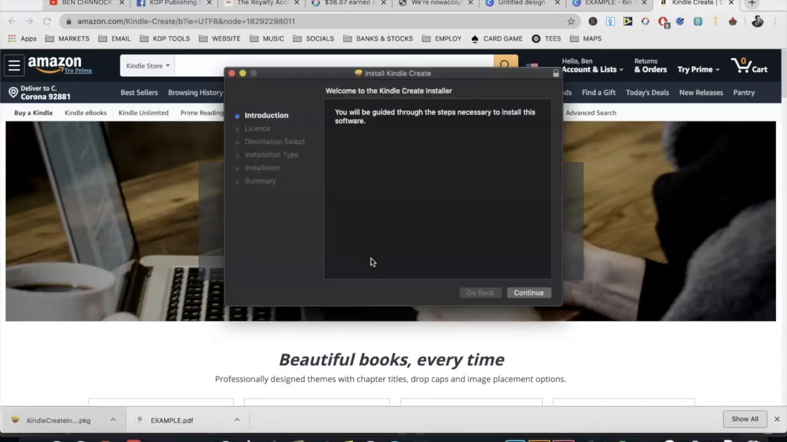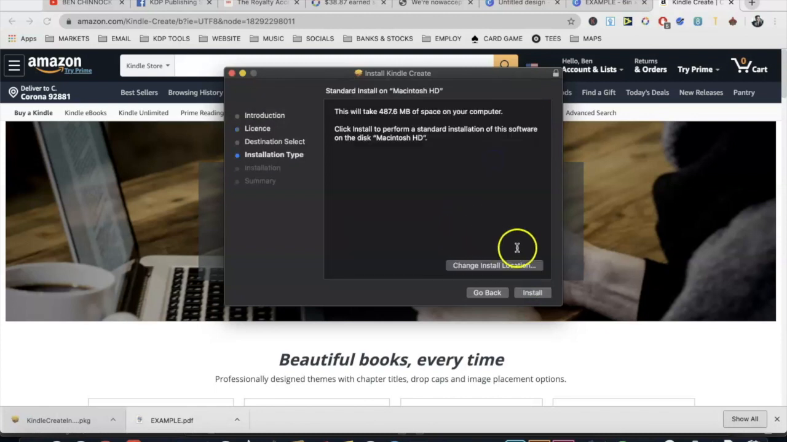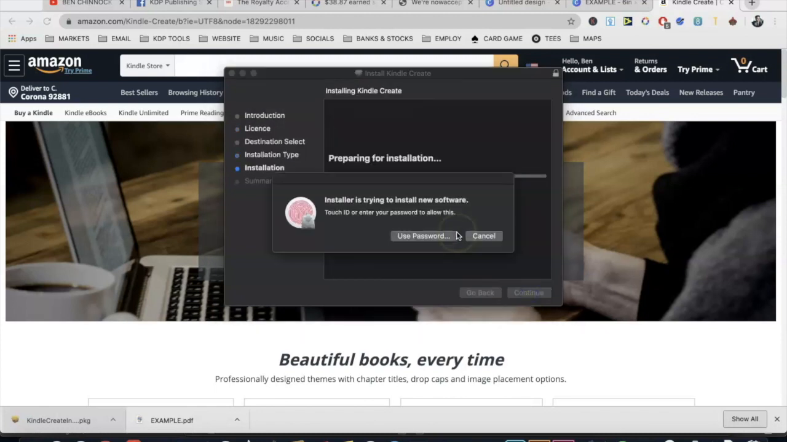Right guys, so on Mac it's going to take you through this little window here, so we're just going to keep pressing continue, as you would do with downloading anything else. Agree with the license, install, and